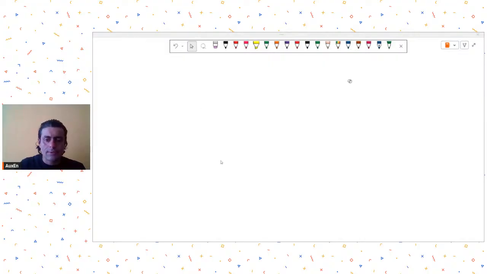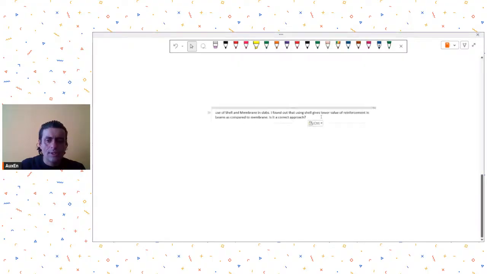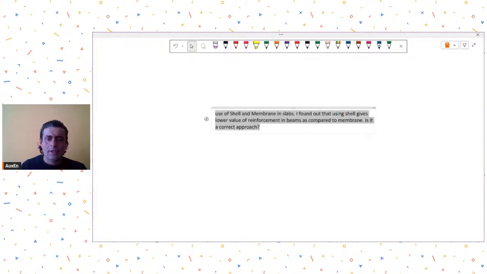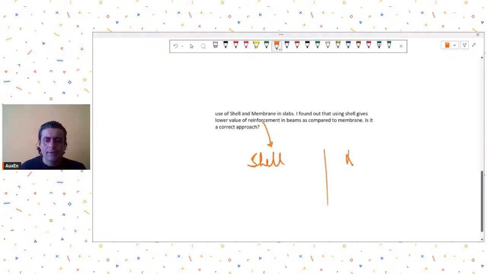Next query is from engineer Aditya Shilkar. He is an independent consultant from Goa and he is asking about the use of shell and membrane in slabs. I found that using shell gives lower reinforcement as compared to membrane. Is it correct approach? See what happens when you do shell and membrane is that shells have in plane